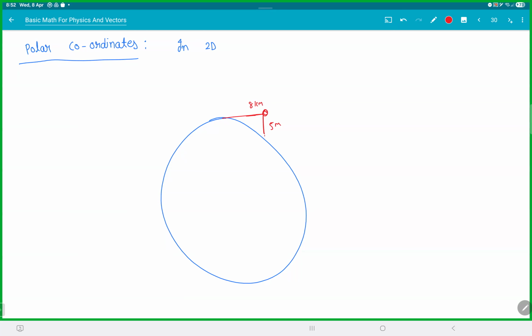So if you're writing a program for drones, especially for long distances, or you're sending missiles or artillery over long distances, you have to use polar coordinates because earth is curved, right? So what is this polar coordinates exactly? So in 2D polar coordinates,